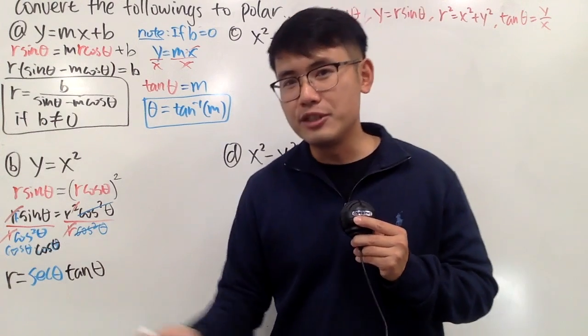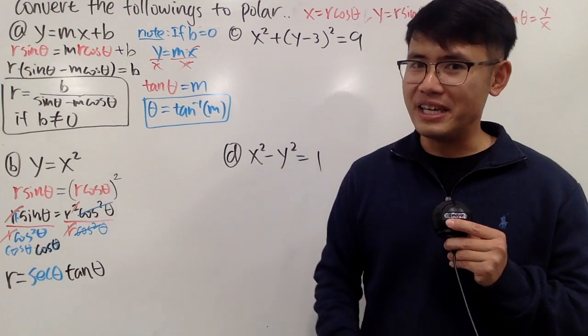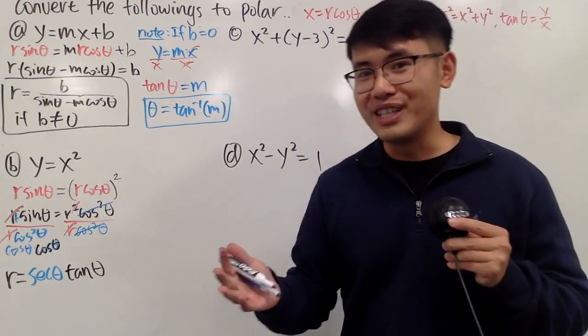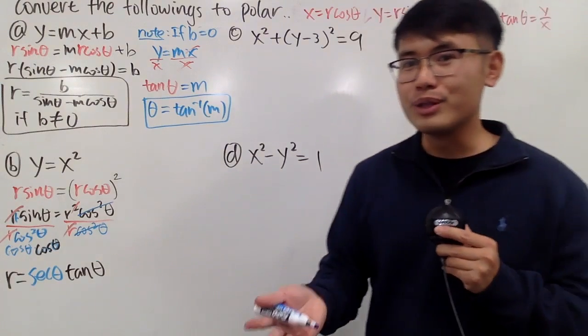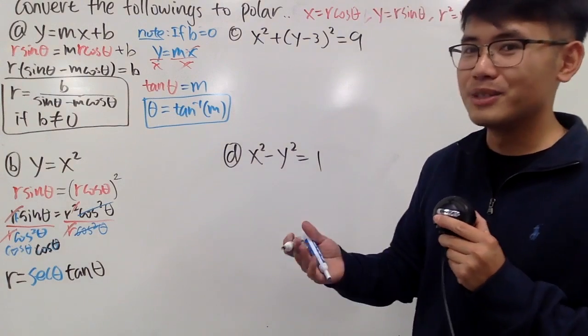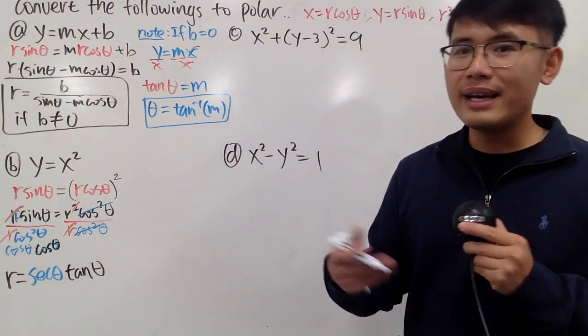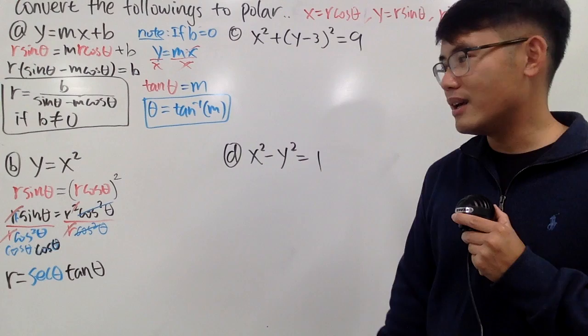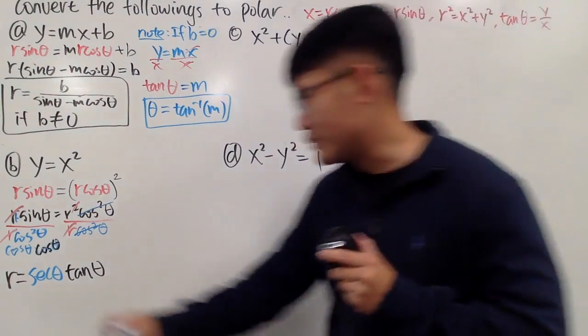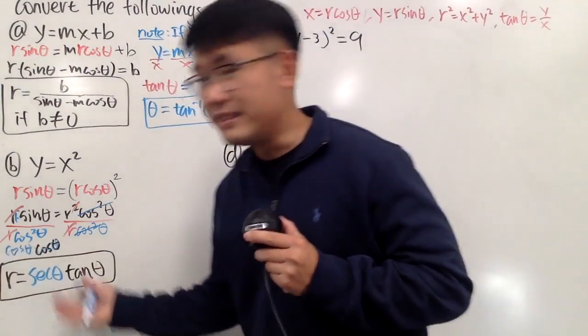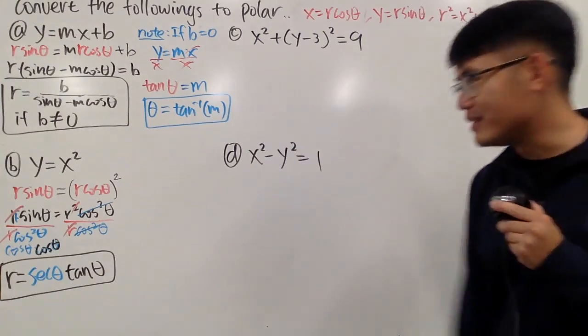Because yes, this is just the derivative of secant, but that's the good of derivative. If you are talking about the polar derivative, it's a different story in terms of the dx, dy, dr, d theta. Anyway, this is it. No calculus at the moment. That's all we need to do.